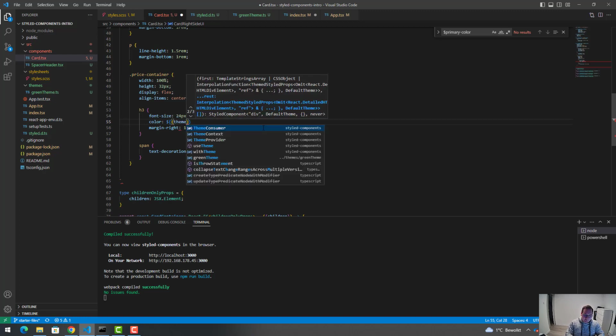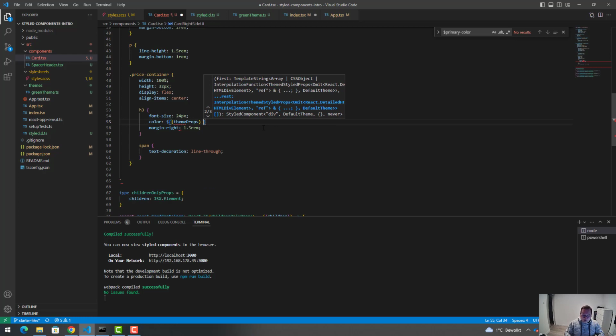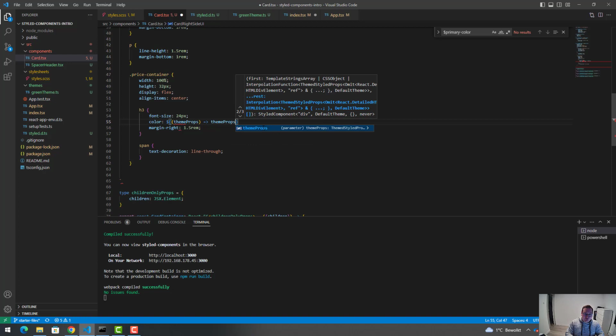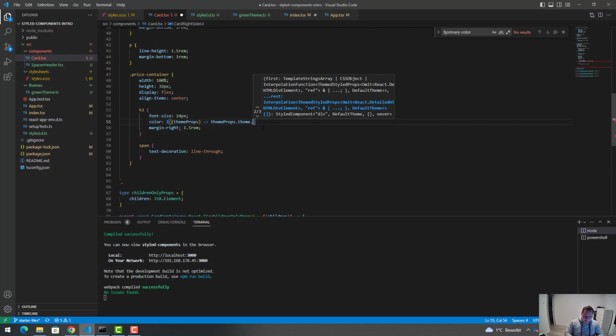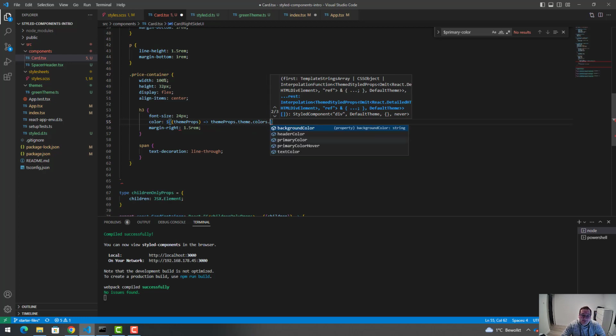So theme props, but you're free to call it anything you want. Theme props dot theme dot, and now we can see all the top level things that we actually specified. So if I do colors, and now I can say I want to have the primary color here,